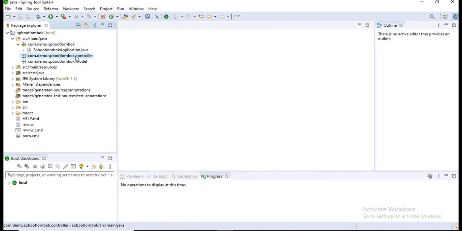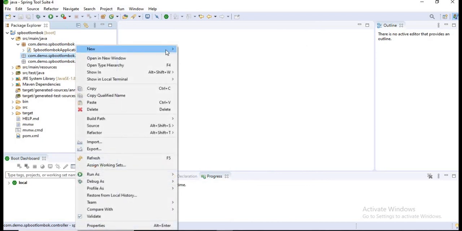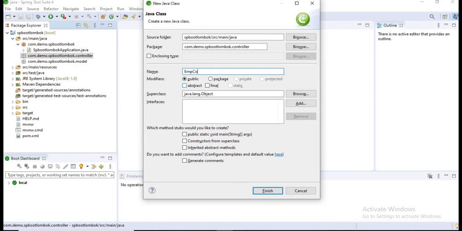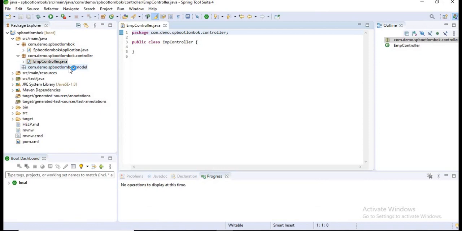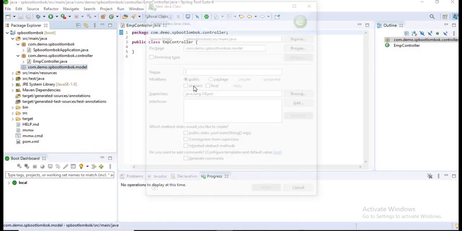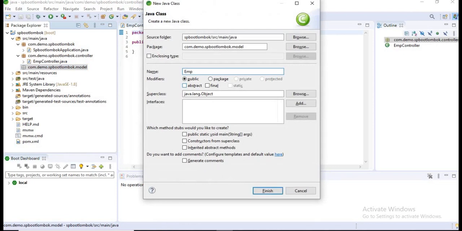Let's create a Java class for each package. EmpController, and let's create a model class, Employee. Okay, let's click on finish.